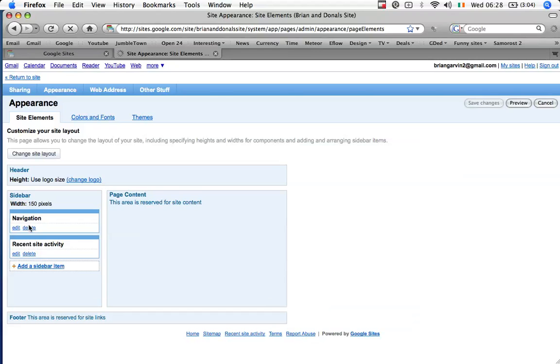Now this is the page that edits your sidebar. At the moment, all we have in our sidebar is our navigation and recent site activity. Well, in my website, I don't want to have recent site activity, so I'm going to delete that from the sidebar. So all we have in our sidebar now is our navigation. For now, we're just going to edit our navigation. So I click on edit,